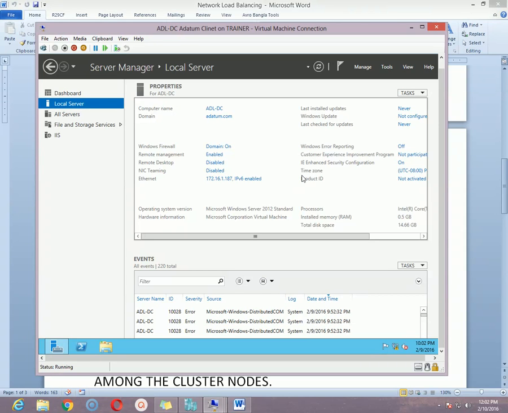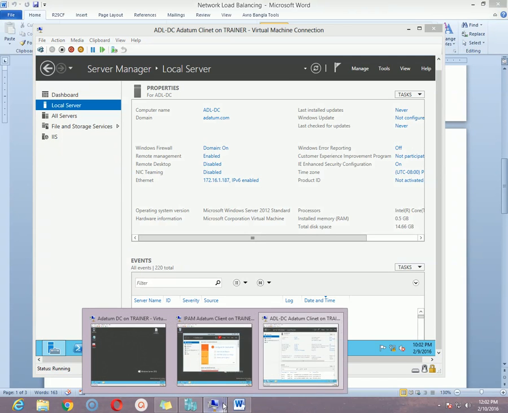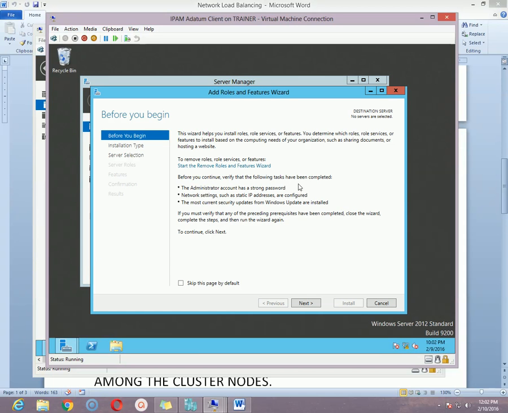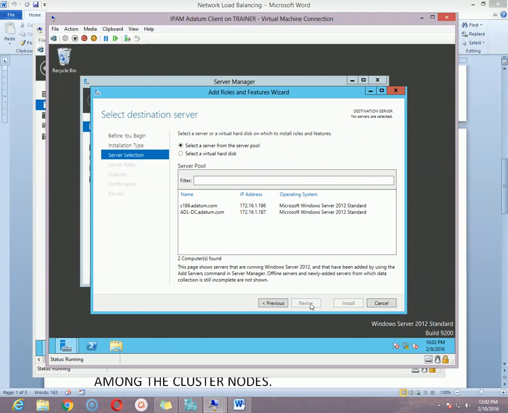So the first one we need is NLB, network load balancing. This is actually a feature. So let me show you how to install NLB. To configure network load balancing, you need to go to the Manage option from the client machine and click the Add Roles and Features option. Click next and specify the machine on which you want to install this role. Click next